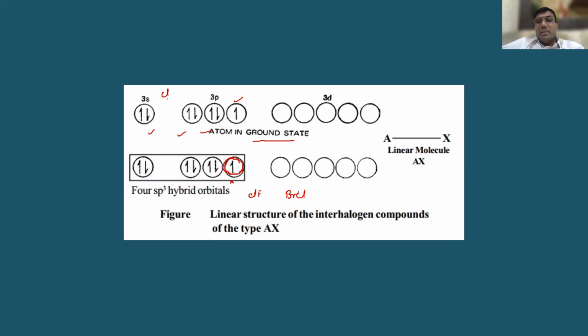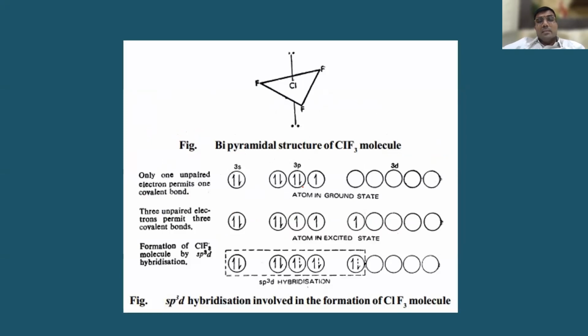That bond pair is BrCl. I hope you understood. Now let us take the AX3 type, X dash 3 type. And you know very well, X size is greater than X dash. So for example, if it is ClF3, which size is more? Cl size is greater than F. This is what we have inferred.